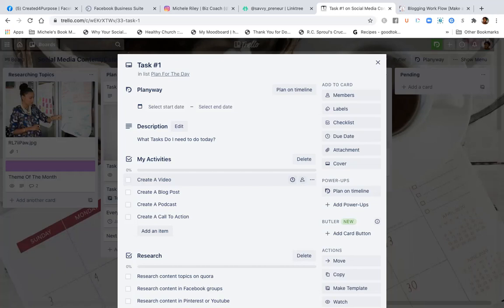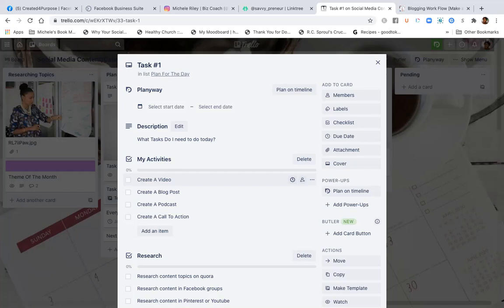But if you're just starting out, maybe you want to create depending on the theme that you're talking about. Now, let me explain that. If you're talking about, for instance, the example that I use, clean eating, then you only want to make one call to action, because basically that is going to be the call to action that is going to be carried out throughout the month. You're going to offer it on your different social media channels.